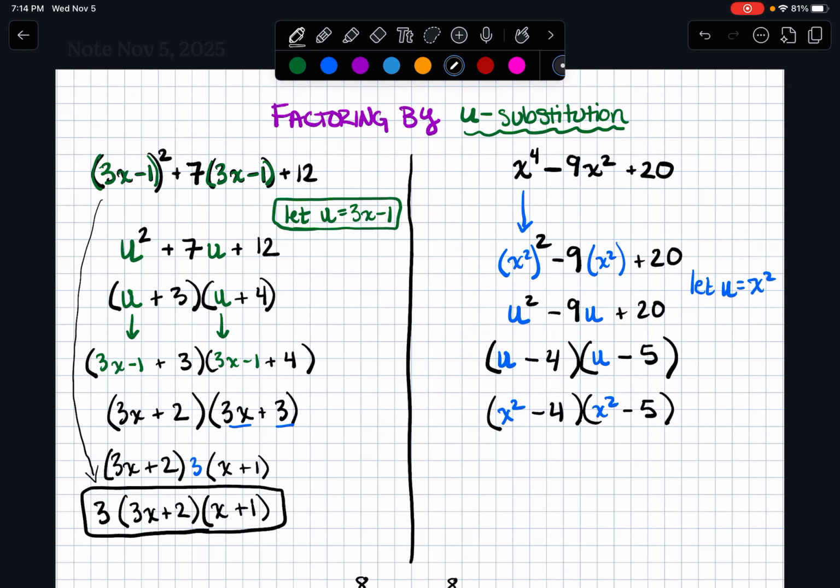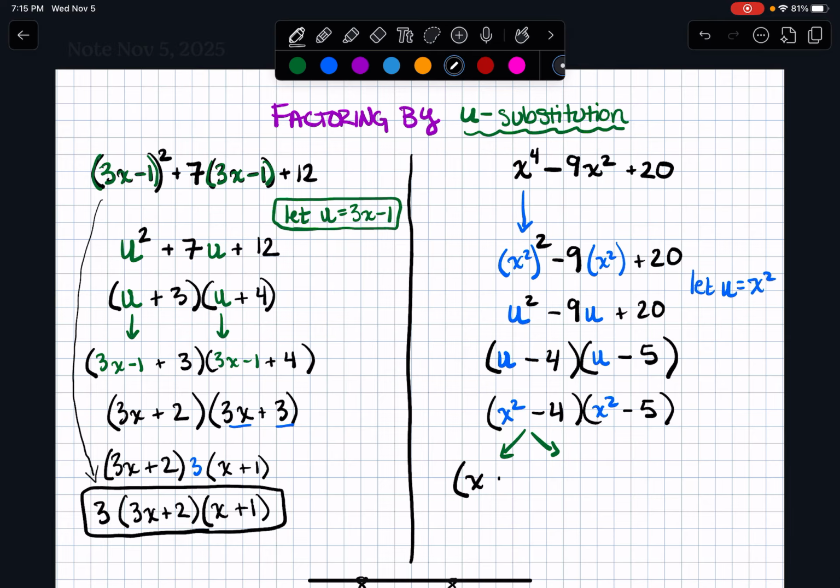At this point, if we're factoring completely, we always want to ask ourselves, is there anything else I could do to take this further? So looking at these, what you might notice is that my first binomial is a difference of perfect squares. X squared and 4 are both perfect squares. My second binomial is a difference, but it's not a difference of perfect squares because 5 is not a perfect square. So I am going to factor x squared minus 4 into